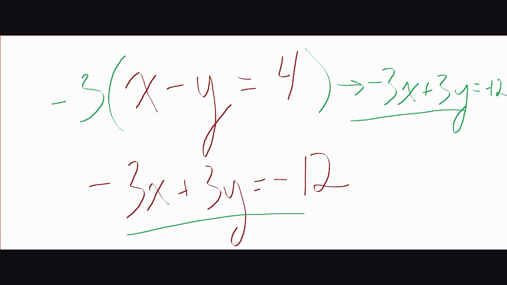So in short, if you look at this and you recognize that one of the equations is just the same equation multiplied by an integer, multiplied by a number, that means they're the same equation. That means that there are infinitely many solutions. When we're trying to solve it via substitution, what we see is that we get a 0 equals 0, or we get a 12 equals 12. We get a number is equal to itself. That always makes sense, so there is